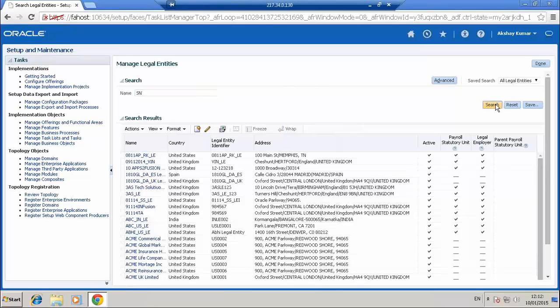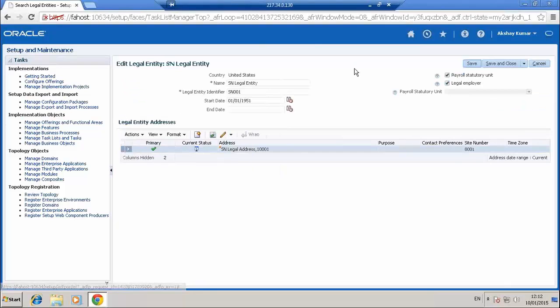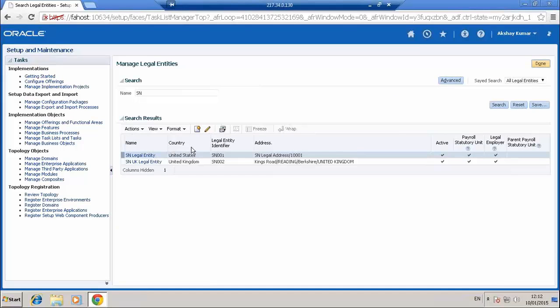The legal entity which I already created, if you go here, you will be able to see it. This is how the legal entity looks. So this is one task.